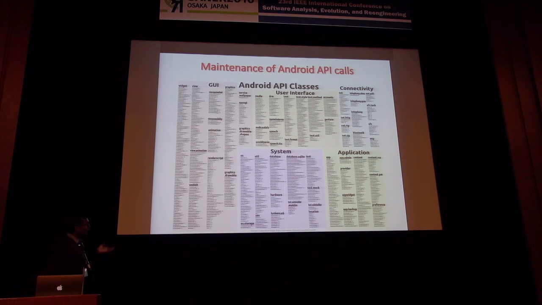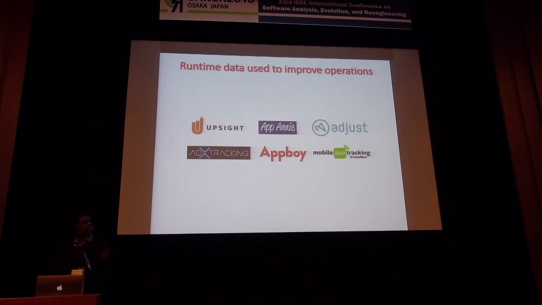With maintenance, I think a new challenge is that there's now a lot of data coming in from runtime information. A lot of apps use analytics libraries that provide a lot of runtime information. As researchers, we still don't have access to it, but I think there is a lot of potential here. We know when users are using these apps, at what point they're quitting, where the apps are crashing, and how long they're using these apps. With all of this information, I think we can definitely improve the operations of these apps.